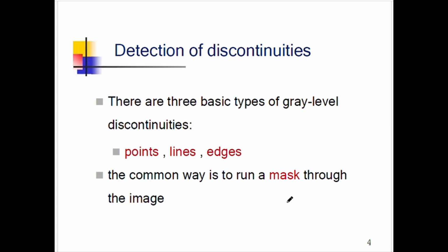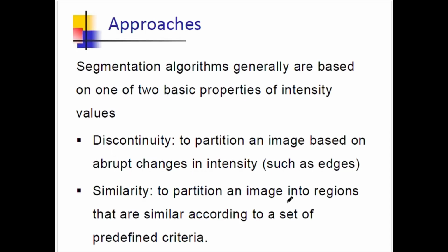Now, the detection of discontinuities. Here the segmentation is based on two things. The first is based on discontinuity, meaning there exist different intensity changes. How are these intensity changes? If the intensity is changed at one pixel, that is called point intensity change or point discontinuity. Suppose the intensity change is in the form of a line,